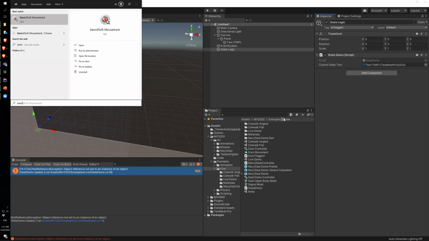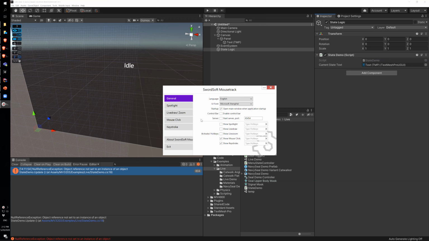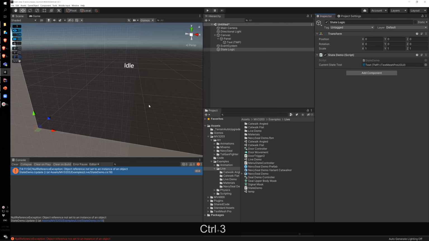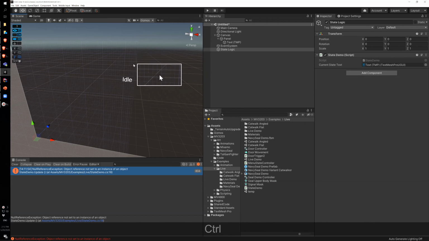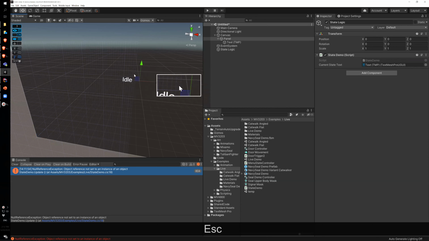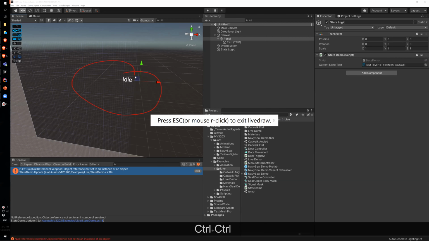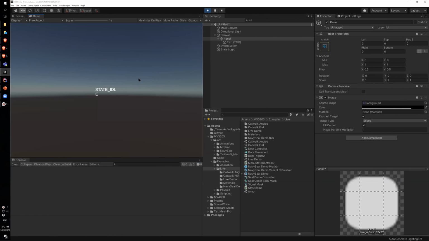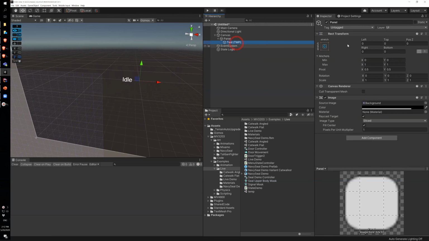And also, while I'm remembering it, let me turn on Sword Soft. I always forget. I don't want to show the spotlight. There we go. Try that. All right. Okay, so let me see. Nope. That's the spotlight. This is the drawly thing. Okay, just testing that. All right, so let's hit play. State idle. All right, so that shows us just fine, only it's cut off,